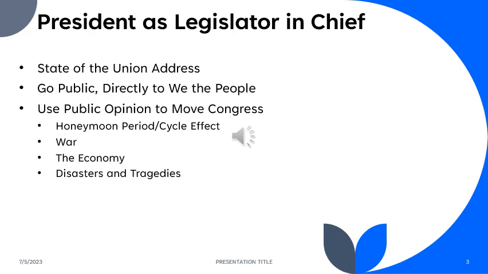Finally, disasters and tragedies. 9/11 as a tragedy, Hurricane Katrina hitting New Orleans, a disaster. What does that do to public opinion and the American presidency? If the perception is that the president is dealing with that thing effectively, the president's approval ratings can go way up. Where were George W. Bush's approval ratings after 9/11? Sky high. So a tragedy or disaster that people think the president's doing a good job dealing with, that's going to be a tremendous boost for a president's popularity. Therefore, it gives them leverage with Congress.